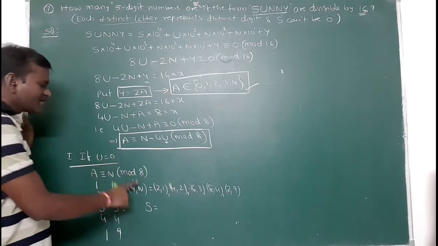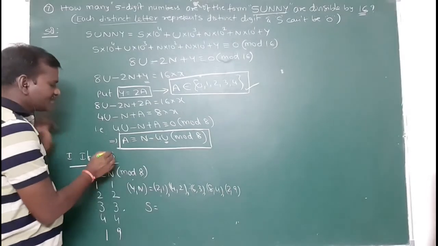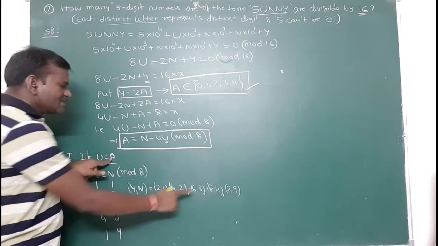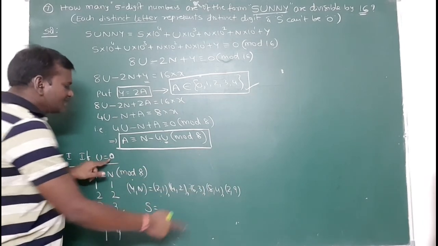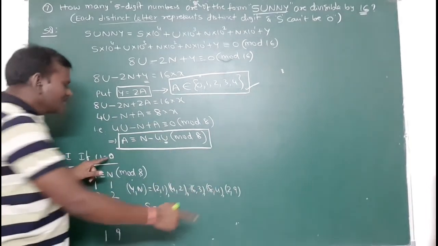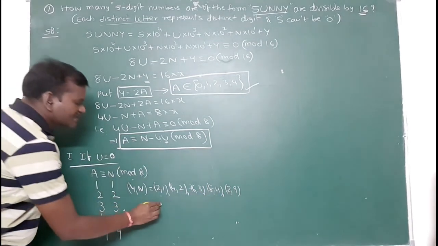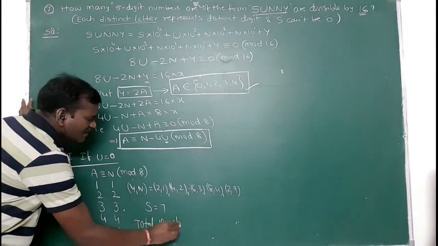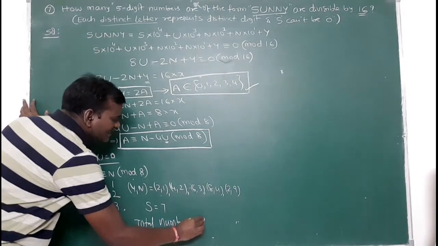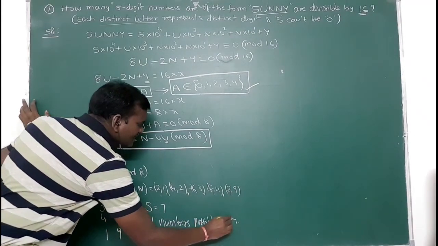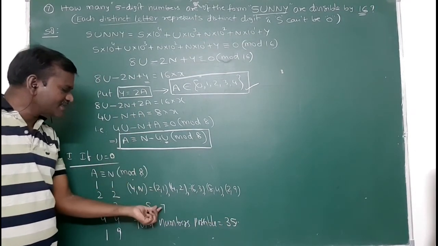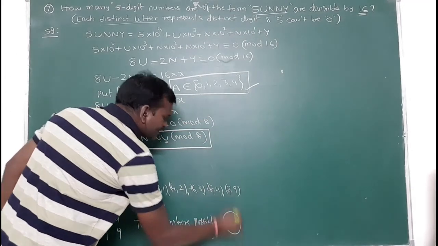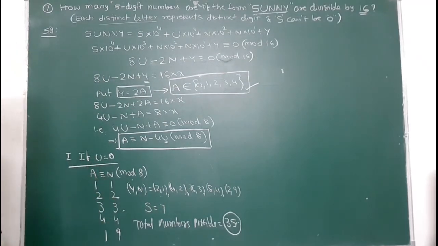If I take u is equal to 0, y and n as 2, 1, these 3 terms, S value has 7 possibilities. 0, 4, 2, if I take, S has another 7 possibilities. 0 and 6, 3, S has 7 possibilities. 0 and 8, 4, S has 7 possibilities. 0, 2, 9, S has 7 possibilities. Therefore, total numbers possible in this case: for each ordered pair I have 7, so 7, 7, 7, 7, 7. So total 35 numbers are possible in the first case, that means the u is equal to 0 case.